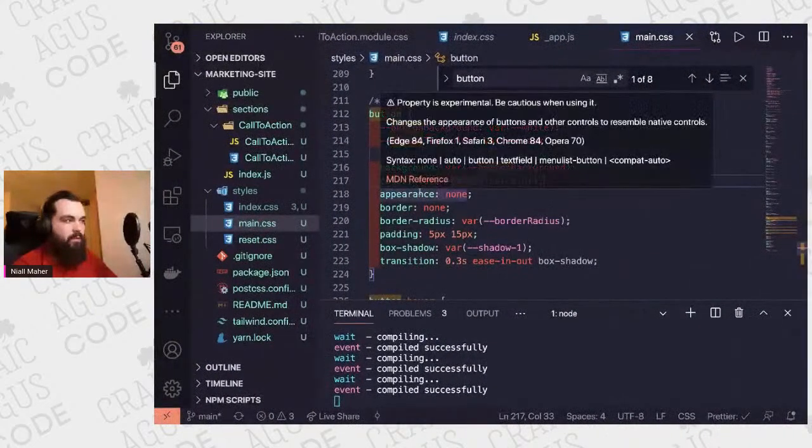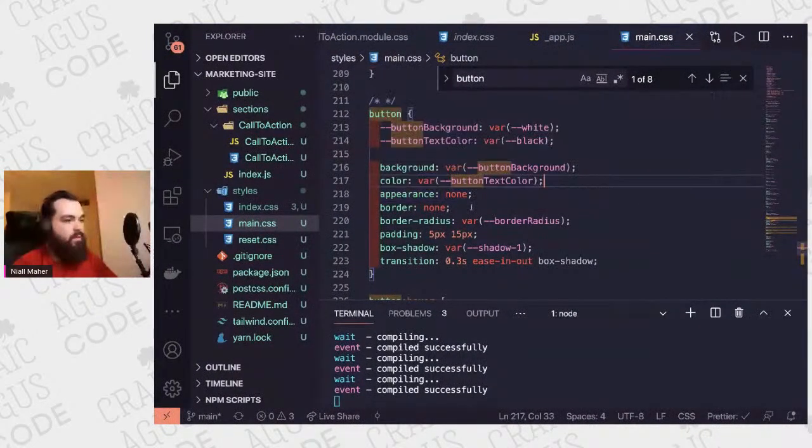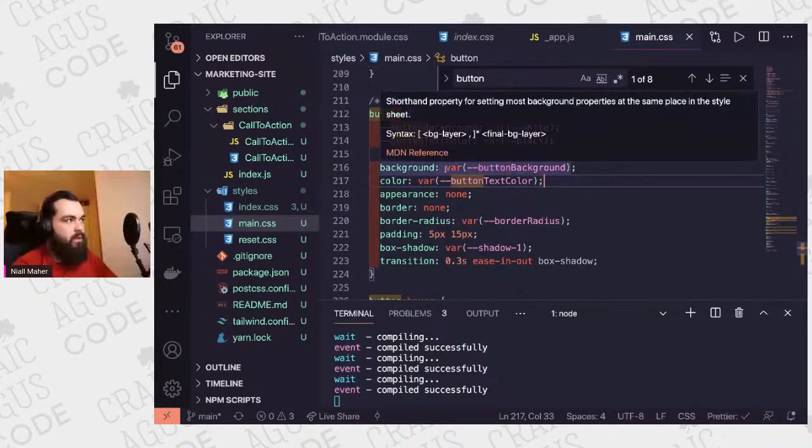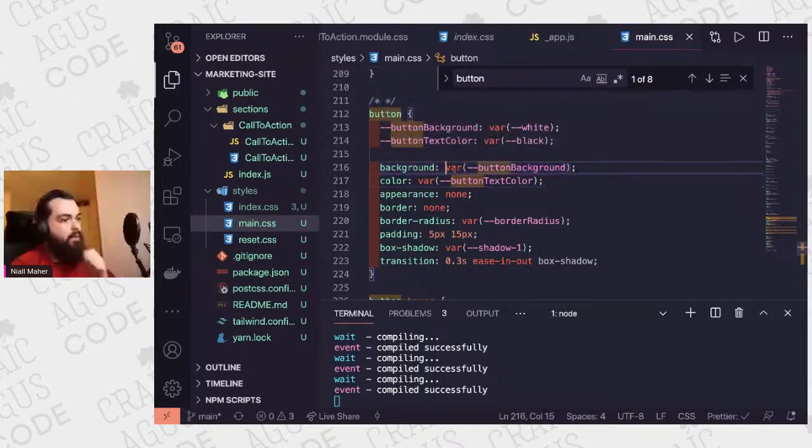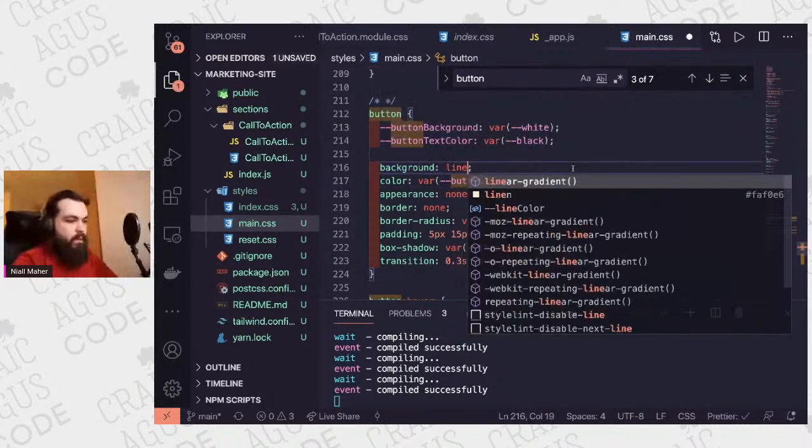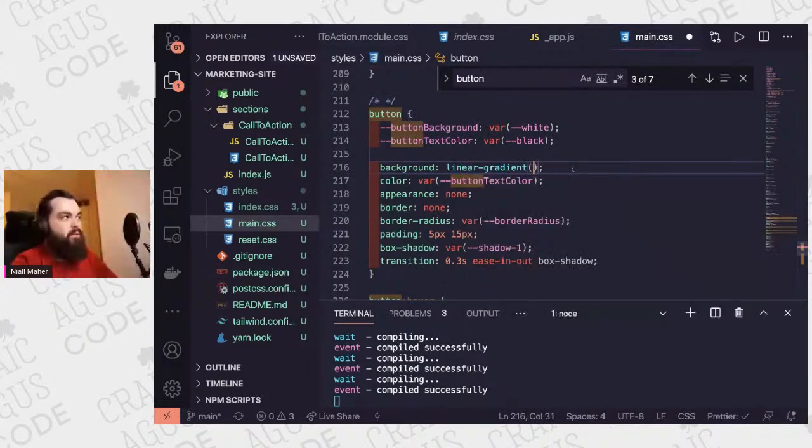So let's see how that works. So I can say background. What is background? It's going to be a linear gradient, I think, and I have to turn it. It'll go top to bottom, so 0.25 turn,